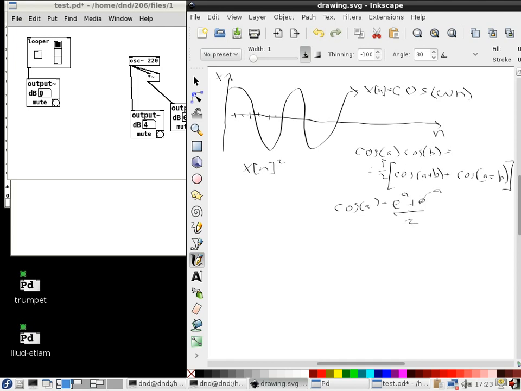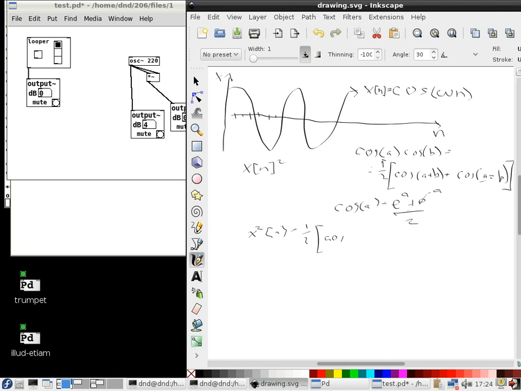Okay, so this particular case of that is the following. If you took this thing and squared it, you would get this. X squared n is equal to 1/2